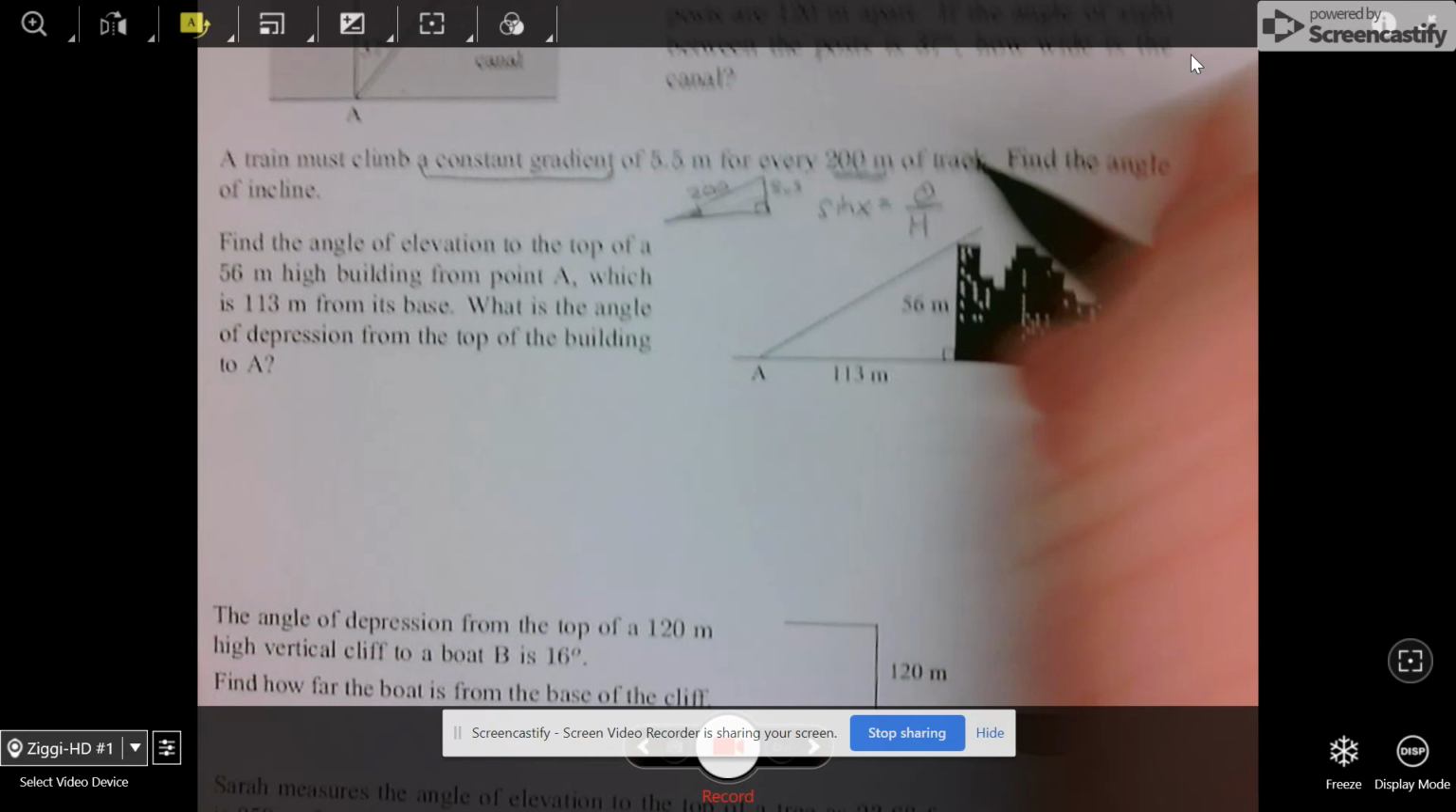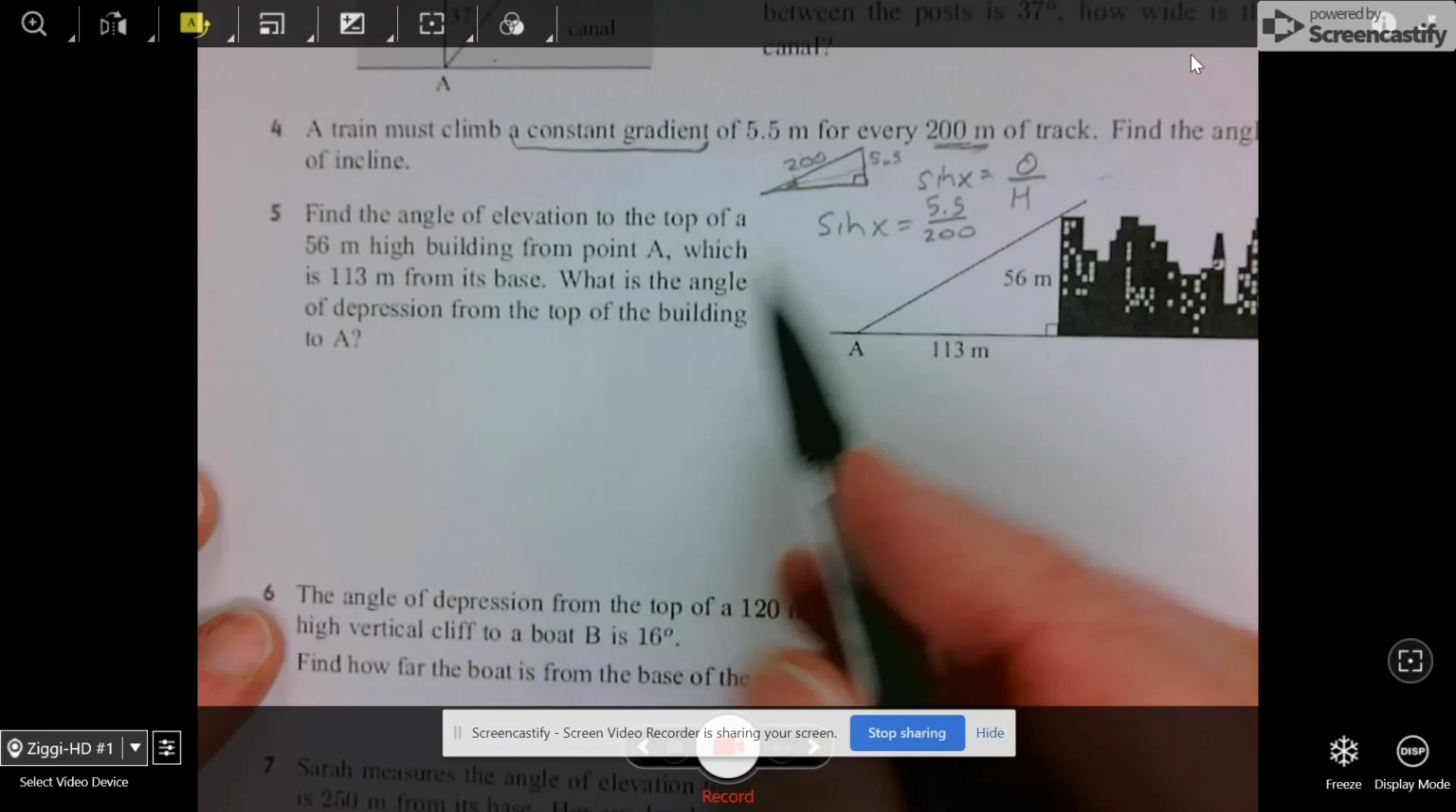One more I want to do, number 7 here, and see if I have time. It's a little bit tricky. The angle of elevation to the top of a tree, 23.6 degrees from a point 250 meters from the base. So this is all about making the picture. So here's the tree, and the angle of elevation is 20